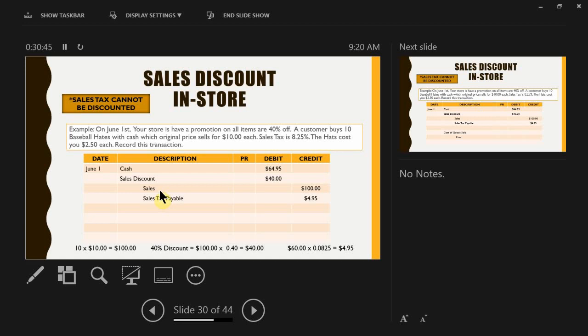When we talk about the going concern assumption, we would continue doing sales no matter what's going to happen. So we're continuing business as usual, right? We're charging our customer at original selling price, but in our receipt, we need to reflect that they receive a discount. So we're going to charge at original price, but do a contra account or a line item that displays how much the discounted amount is. And then you're going to charge tax off of the discounted amount, which is $60, to give you a grand total of cash that you should be receiving would be